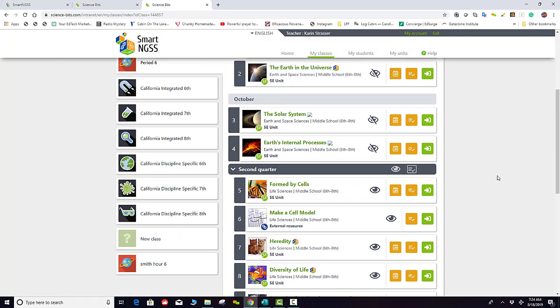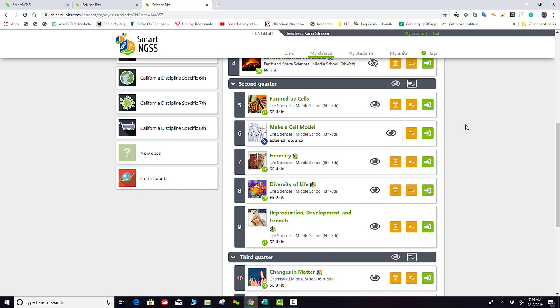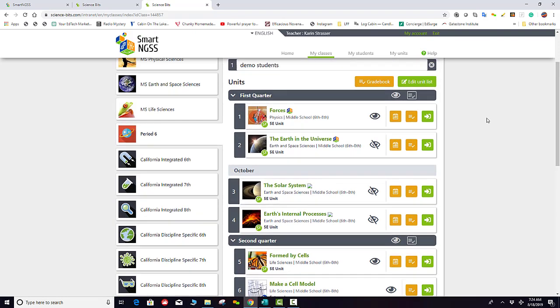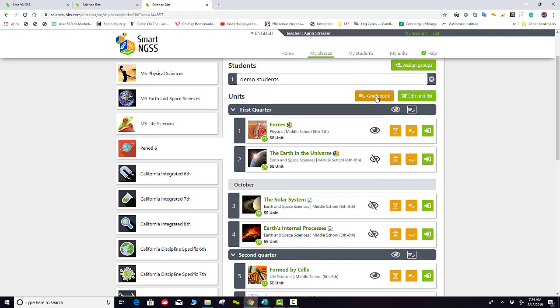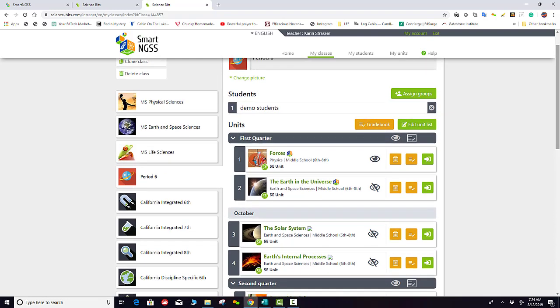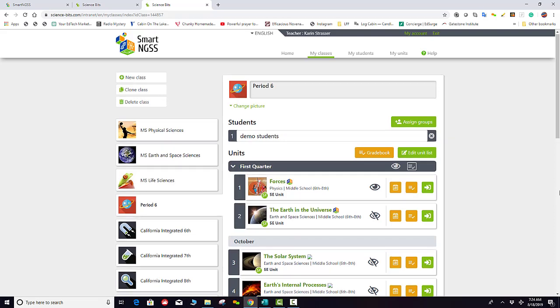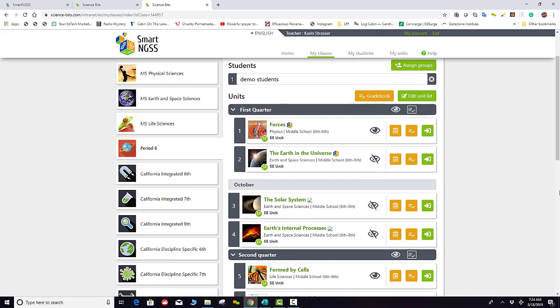And as I've said many times in training sessions, you can actually reconfigure the weight for a section, for a unit, or for your entire learning path for the academic year based on student performance. So if you find that your students really bombed one particular unit, you can absolutely go in and change the percentages so that their unit grade, their quarter grade, their section grade will not suffer tremendously. And that's about it for the new updates with the